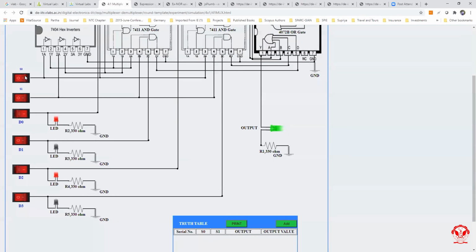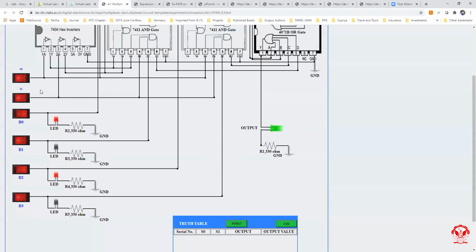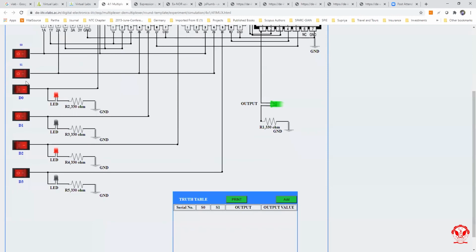Now these S0 and S1 are the select lines. From the proper selection of these select lines, we can determine which input is connected to the output. Since at the starting it is 0 and 0, what should our output be?